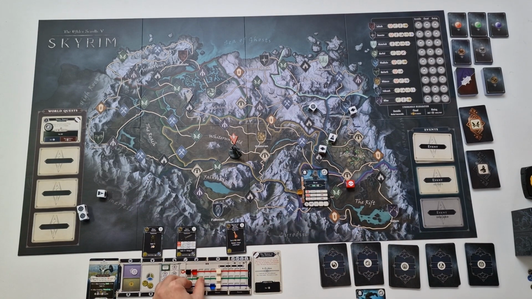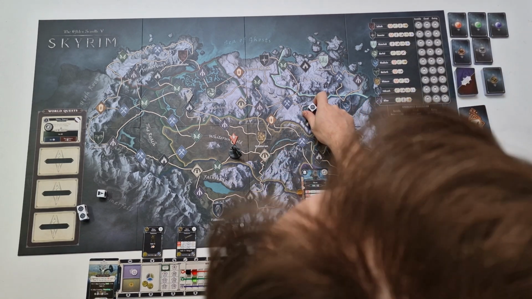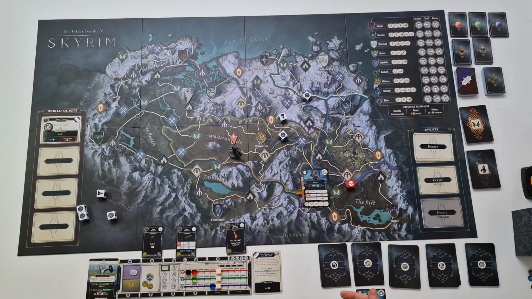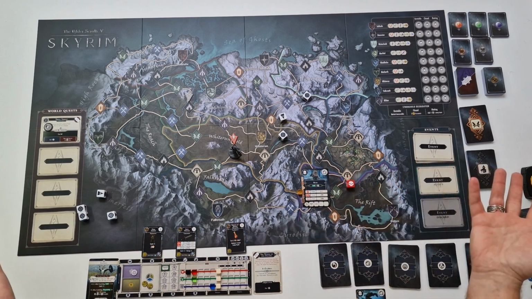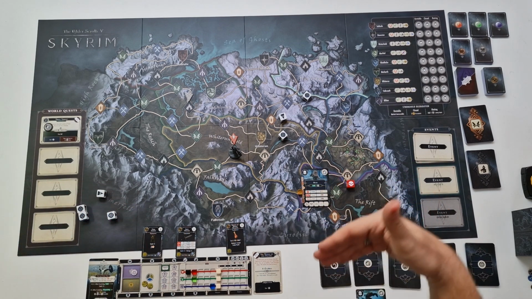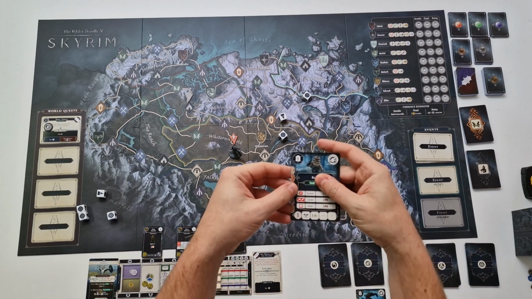So I pay 1 stamina and I can dodge using 3 dice, and I need 1 circular success. And there you go, I've got successes, so I dodge the attack completely. But this means that I cannot perform my own attack in this turn. And normally we would be playing another round of combat and then another round of combat until the bear is dead. But the tutorial asks us to speed it up,